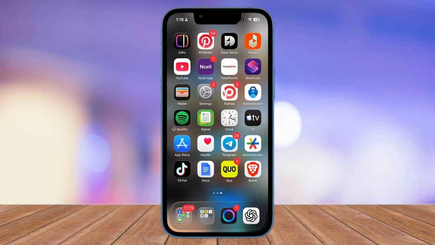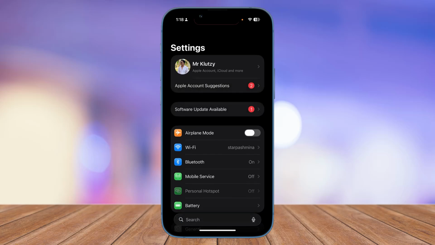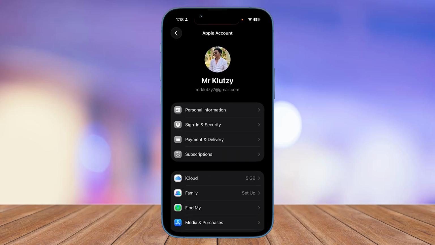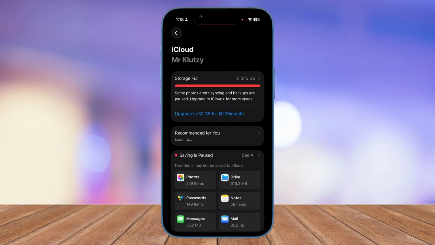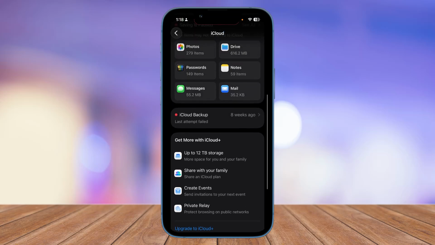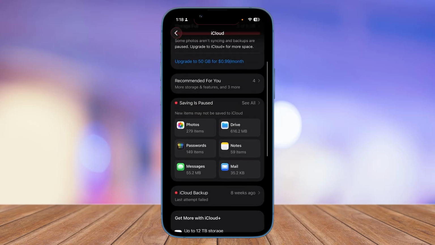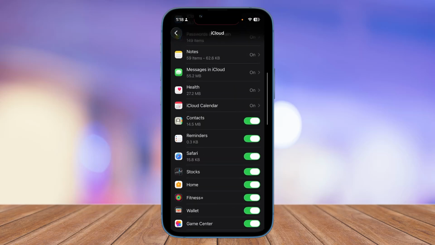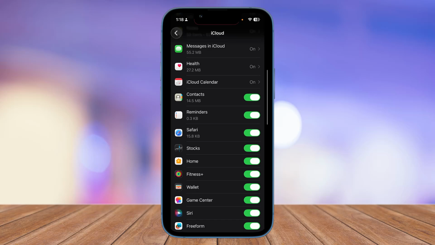To fix iPhone contacts not syncing, all you need to do is simply go ahead and toggle your iCloud contacts off and on. So in order to do that, simply head into your settings, head into your name, and then click on iCloud and then click on show all. And this is where you can simply go ahead and look for the contacts application,